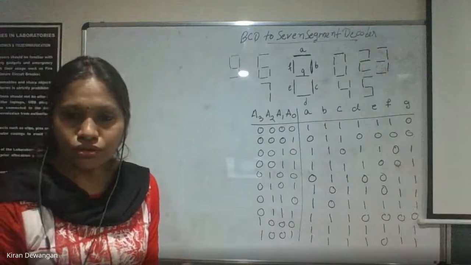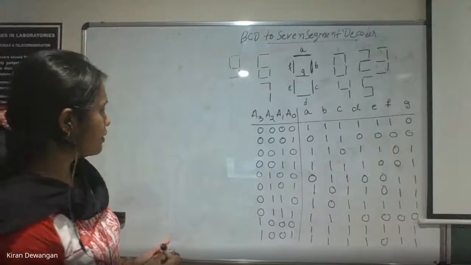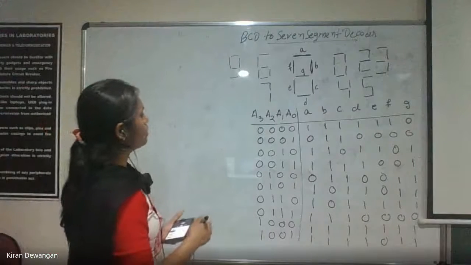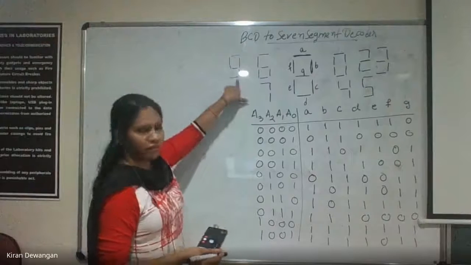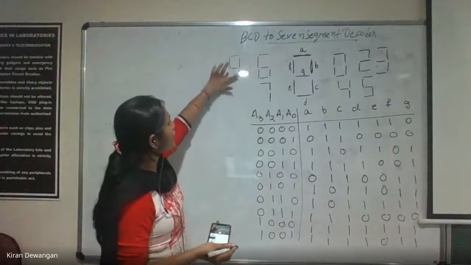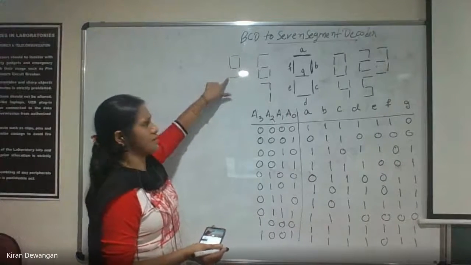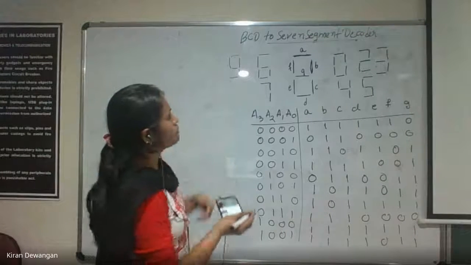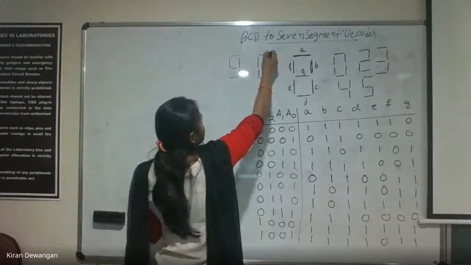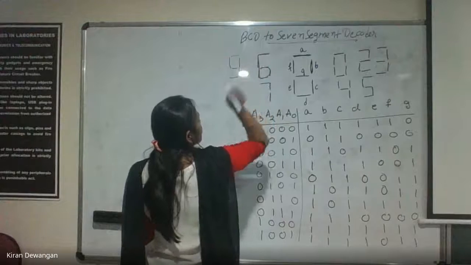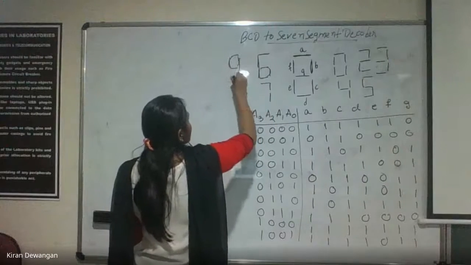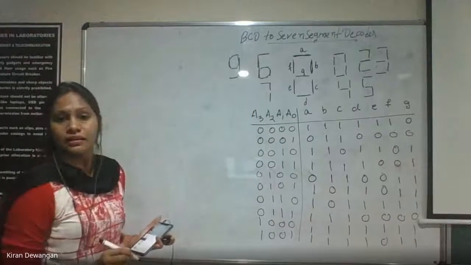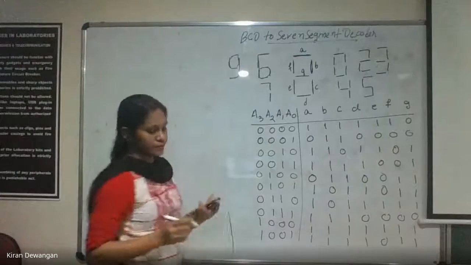D will also go low in 9. 9 में D क्यों low होगा? हम 9 ऐसे लिखते हैं. Will not write in this way. हम ऐसे करके ऐसे करते हैं. जैसे हम 6 को ऐसे लिखते हैं. This is how we write 6. This is how we write 9. Clear? So you have to take this also.